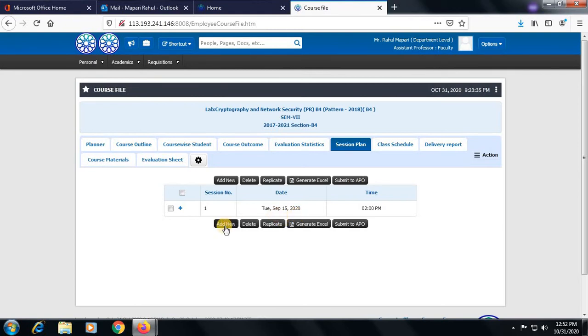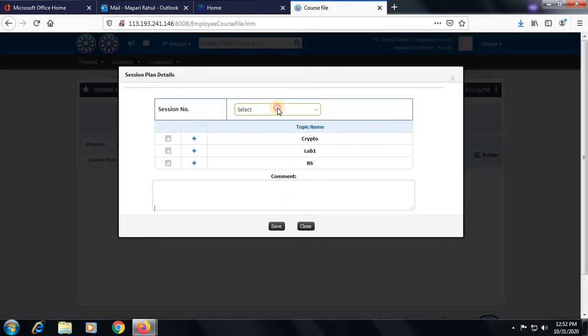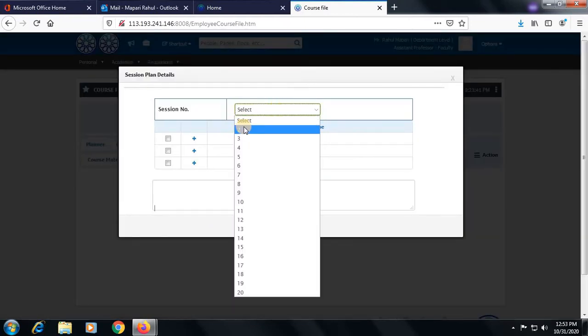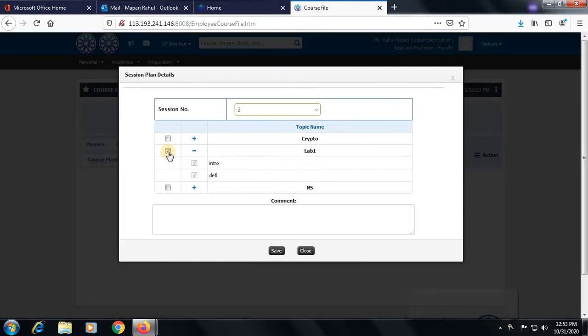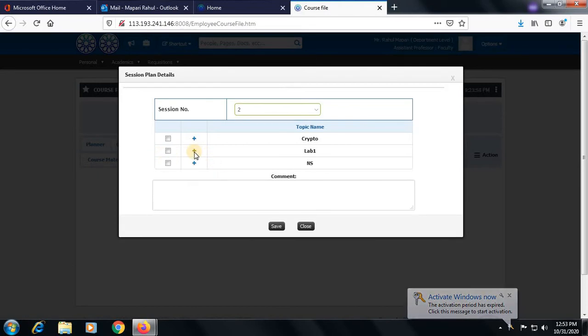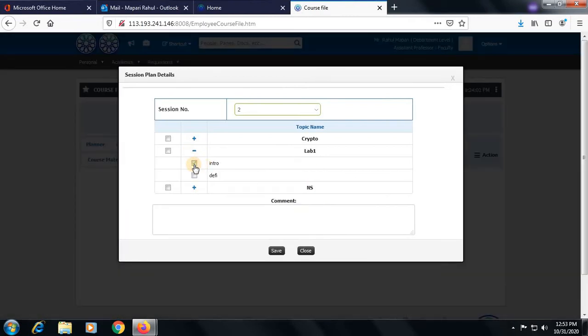So now I want to add another session. So I will click on this Add New. You can see session number 1 is not visible now because it is already created. Now for the second session, I want to cover this particular topic. If you want to teach only this particular subtopic in this session, you can select only this.